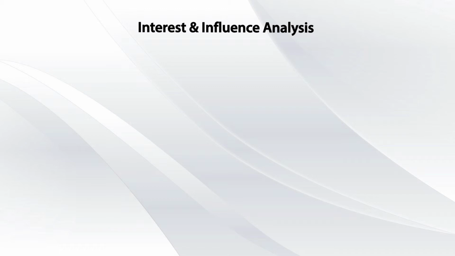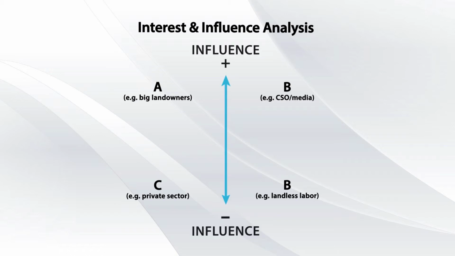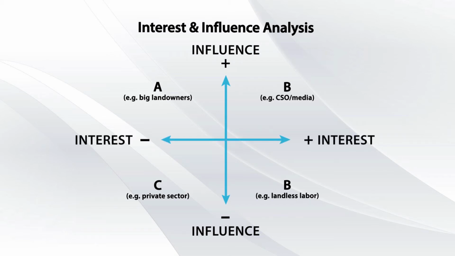If you imagine a project that involves a land reform, you can plot the different stakeholder groups on a chart with the vertical axis indicating how much influence the different groups have, and the horizontal axis showing whether they have a positive interest, if they like the idea of a land reform, or negative interest. And you can see right away that we have a problem here with A, the big landowners. Such a project might affect them very negatively, but they're also very influential people and may pose a threat to